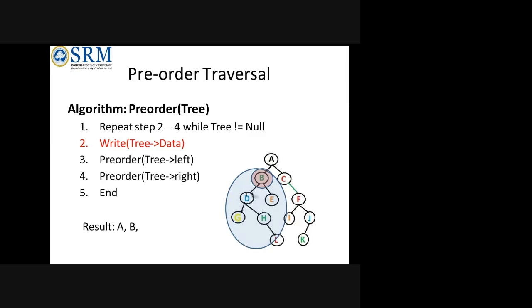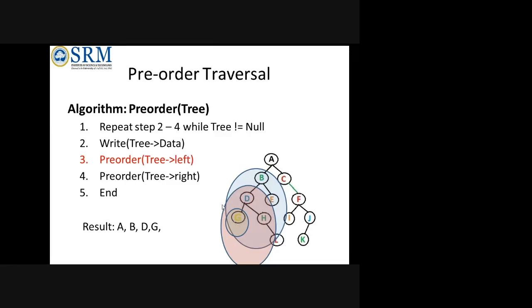Now when it comes to D, once again it will check whether it has a left and right child. It has. So now D will be the root of G and H. This is again a left child of B, right? So D will be printed now. Once the data is printed, next it has to check whether any left is there. Yes, G is the left, but it has no left and right child. So as per your recursion algorithm, the root is processed, for this subtree alone. I'm talking about D, G, H alone.